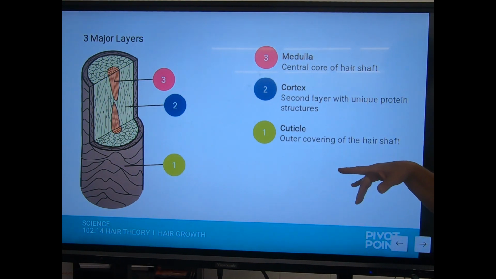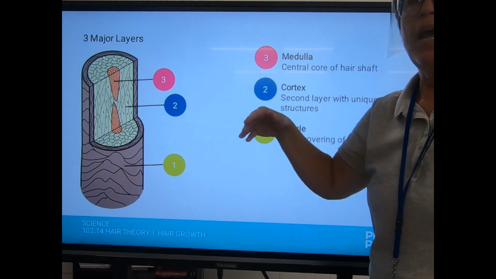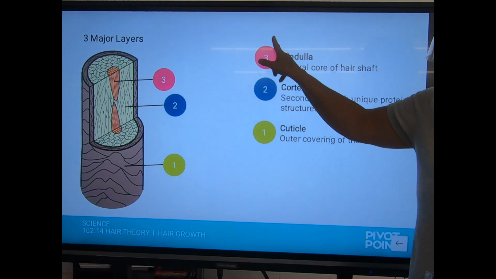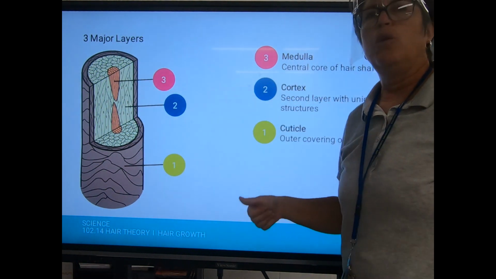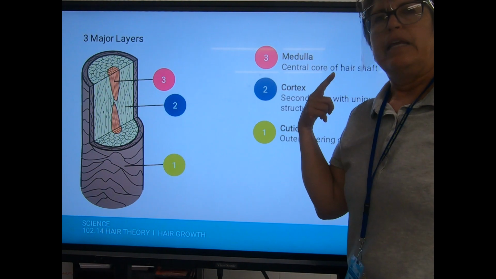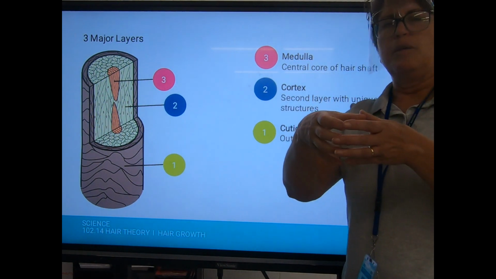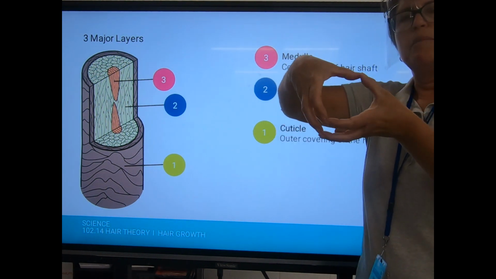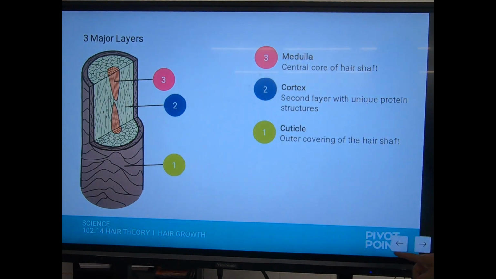It's made up of keratin, the protein, excuse me. When you get your hair tinted, this is where it happens. When you get it relaxed, this is where it happens. When you get it permed, everything. And then the medulla, number 3, not present in everyone's hair, no known purpose. If you have fine hair like me, you don't have medulla. The only thing it does is it puts more substance in the middle, causing the diameter of the hair to get bigger. Therefore, you have medium or coarse hair, not fine hair anymore.